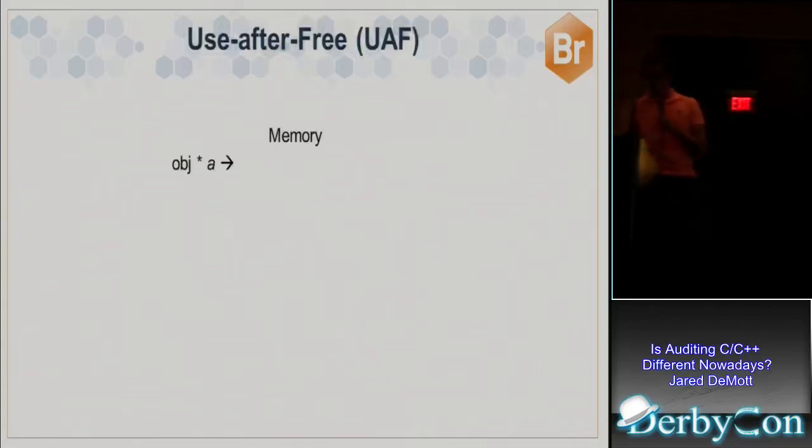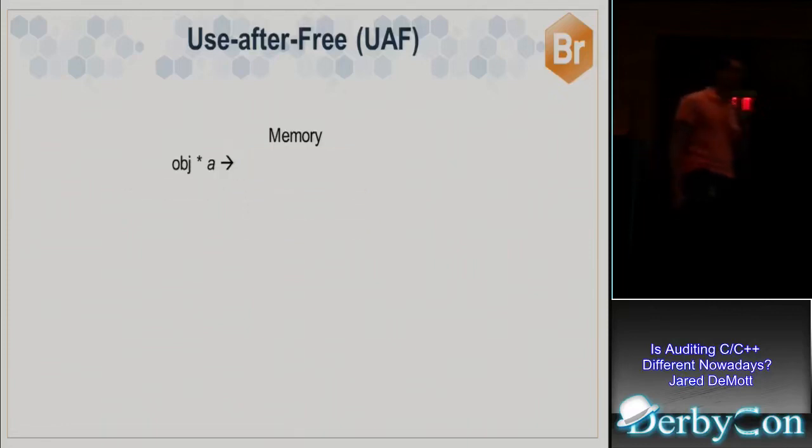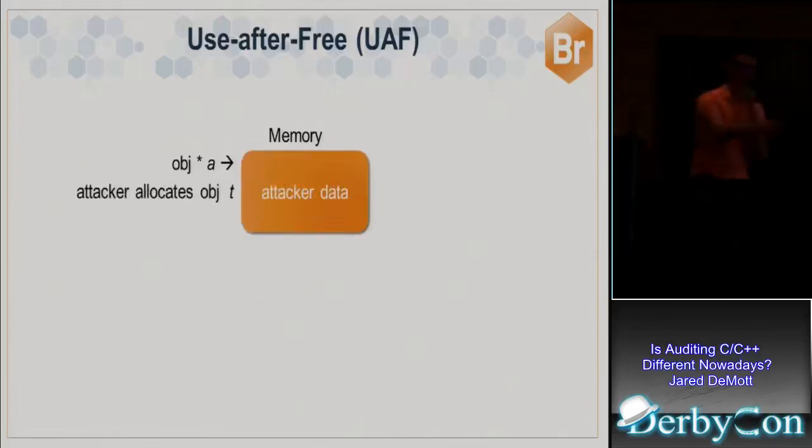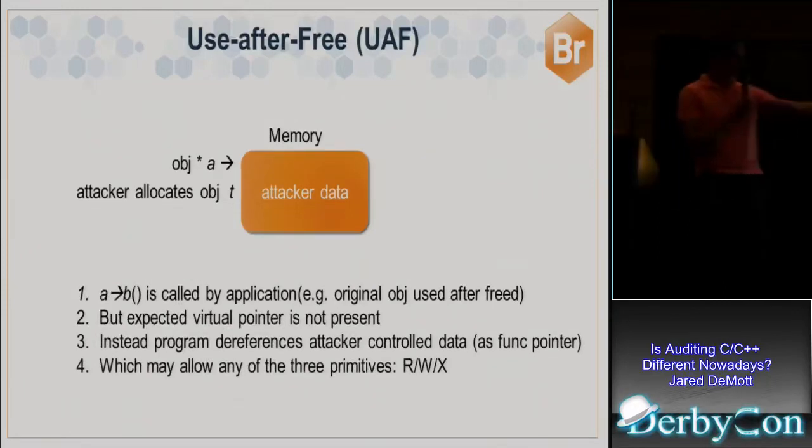So what happens is you have some object A, there's some memory associated with it, and then for whatever reason, for better or worse, valid or not, it goes away. So somehow it's freed, but maybe, just maybe, you've maintained a reference to that when you shouldn't have. And that's kind of what a use after free is, right? You've got some reference still. And the attacker has time to slip something in there through heap spray or through some other tricky technique. They're able to somehow fill the place in memory where that pointer was pointing to, but now with attacker data. And then when it gets used again, you've got one of these three primitives, either read, write, or execute, now available to an attacker, right?